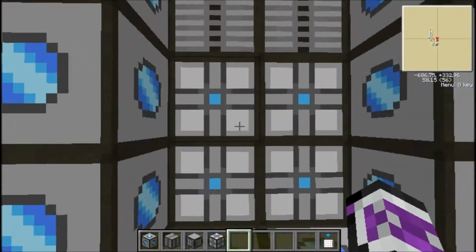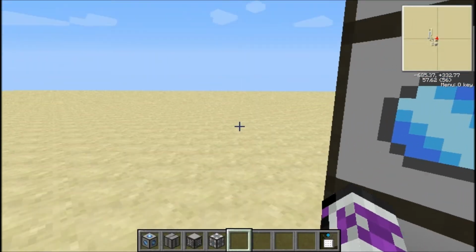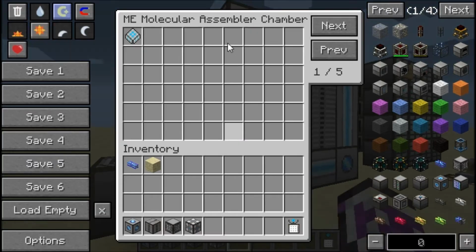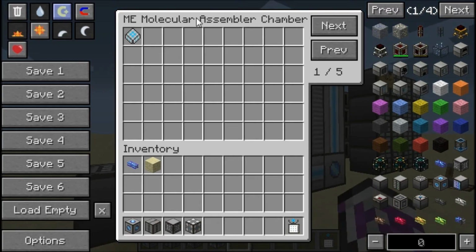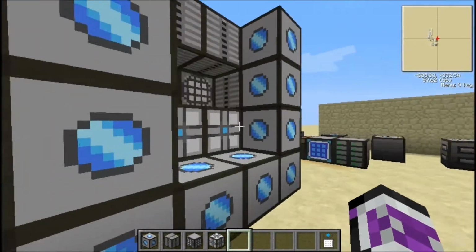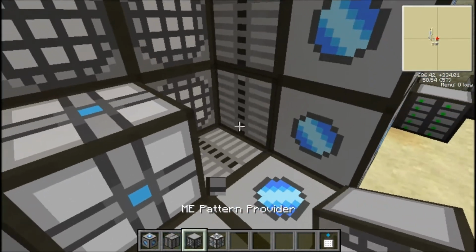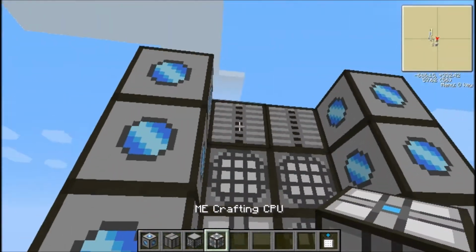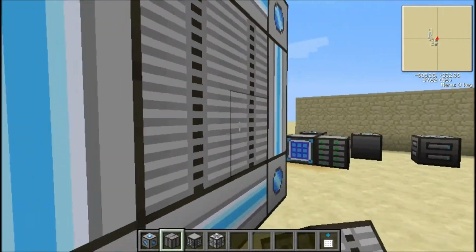So basically, what these components do is this guy has an inventory, which you'll see right here in the ME molecular assembler chamber. And these guys just do the work. So you can, if you want to, have a beast with 7 pattern providers